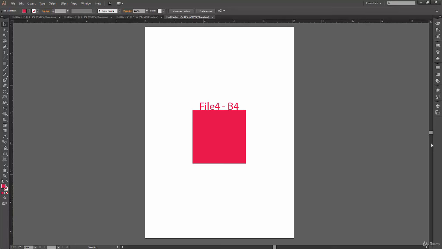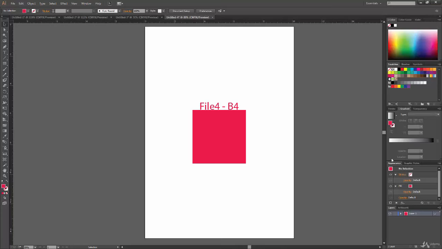So let's jump into it. On the right we have this panel bar. If you see over here on the top right side of this panel bar, I have these two double arrows, very small, and what it does is when I click on it, it opens the panel bar. Now when it opens, all these things over here are called panels.